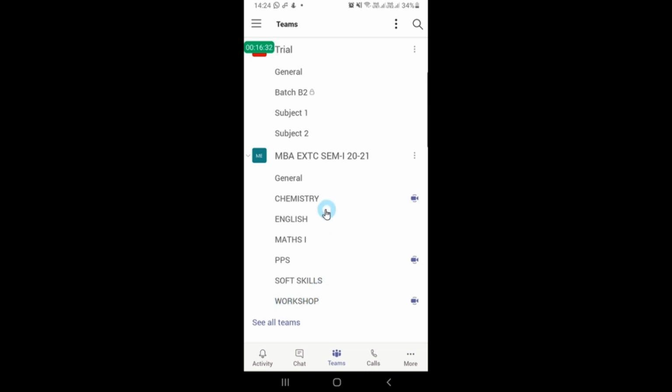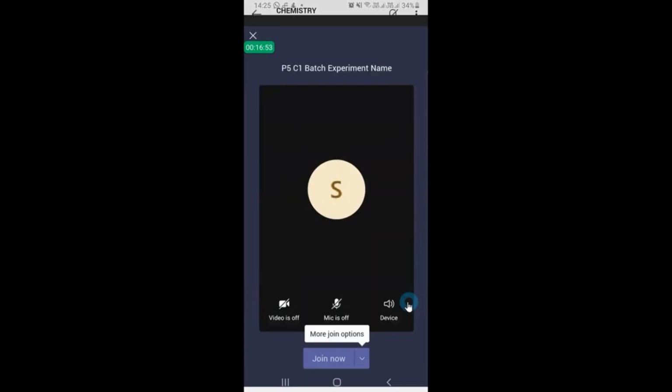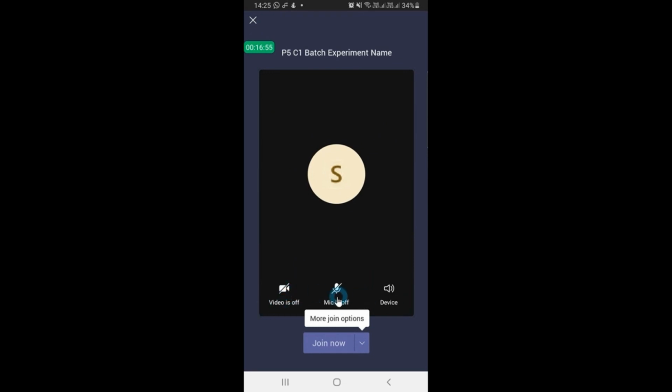If I am of batch 1, and I remember my chemistry practical is scheduled now, I would just click on this chemistry option, and as soon as I click, before joining I can cross check that yes, this particular one is for the C1 batch, hence I can just click on join and I will be directly joining.